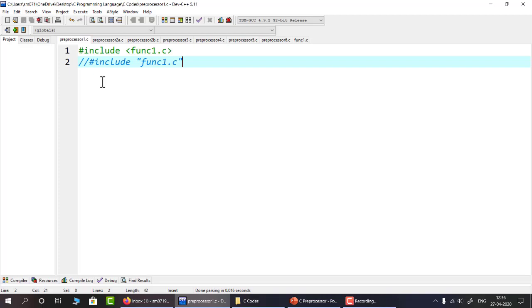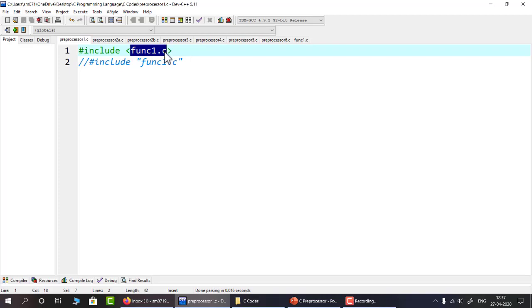Now here you can see that we have included the func1.c source file into our source code. This is written in the triangular bracket, which means it will look for this file in the include directory. We haven't mentioned this directory, where the file is actually available.